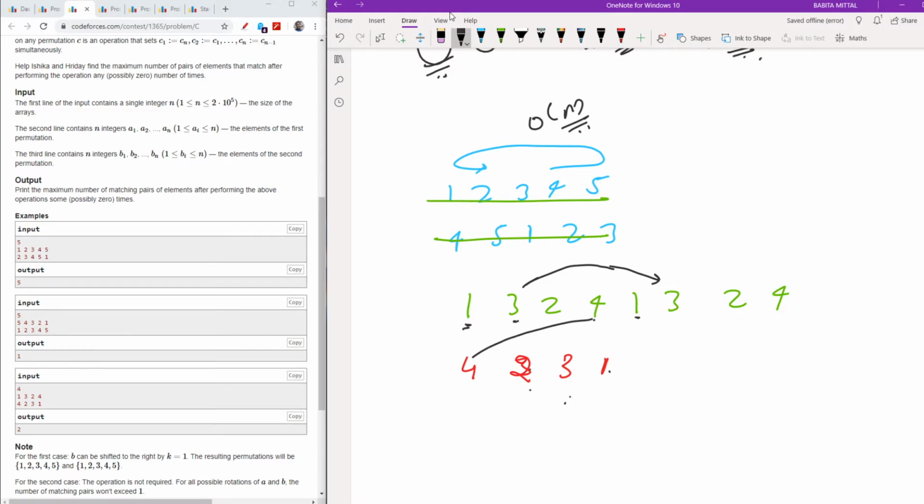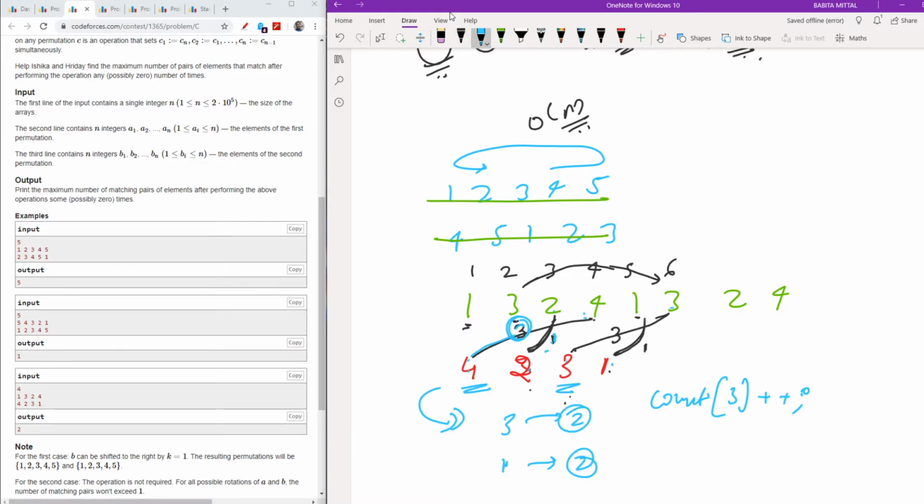So I will check the count of these matches, this 3, at every step, and I will add to it whenever I get a match. I will check the count of this 1 also at every step, and if I get a match, I will add to it. Then after all these counts, I will have my maximum count, which represents the maximum number of matches I can get with a particular number of shifts.